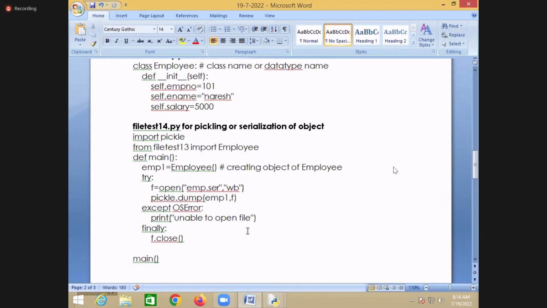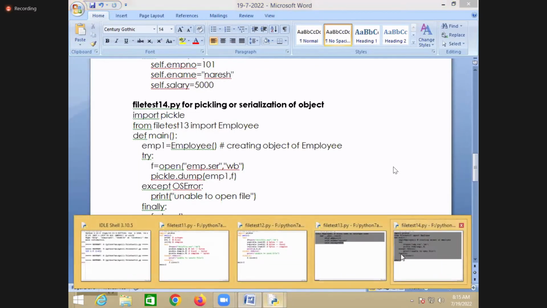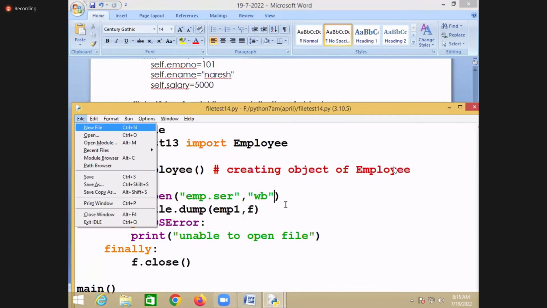Object. So I write another program, which is called file test 15, where I'm saying import pickle module and import Employee from file test 13. Import which data type here? Employee data type. At the time of pickling, we use which data type?